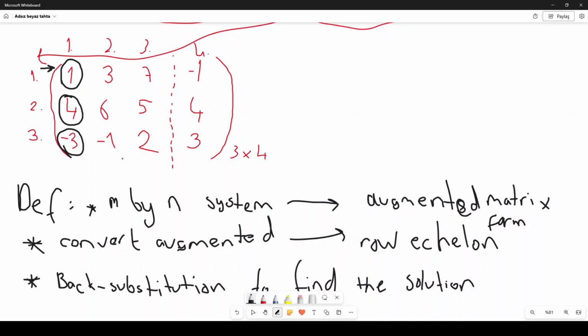But this is not enough to have a row echelon matrix, because the number of leading zeros must be strictly greater than in the row above. In the third row I have one leading 0 and I have one leading 0 in the second row, but this is not appropriate. What I need is more zeros in the third row than the second row. So then